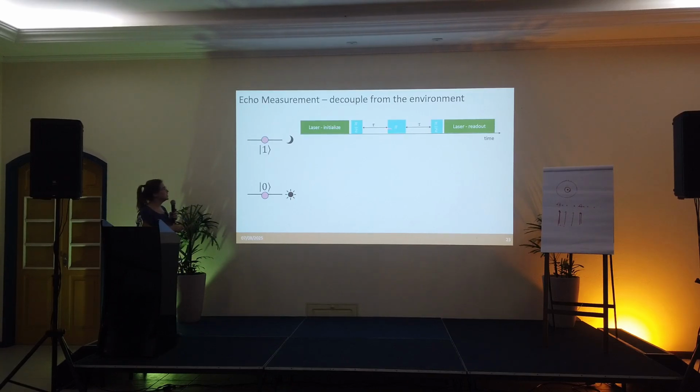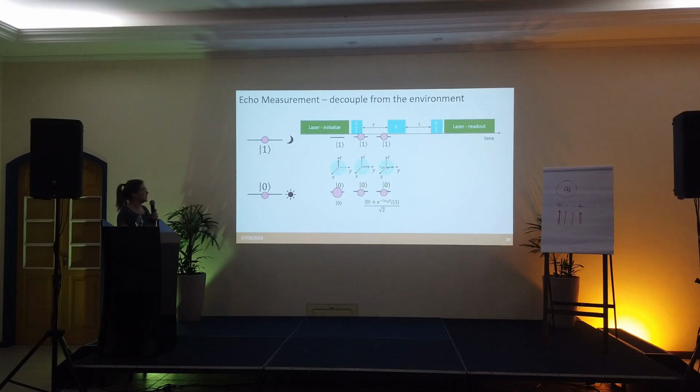But the idea here is that I do exactly the same experiment I've done before, but now I add a spin flip operation here halfway through my evolution time. So I create a coherent superposition, I let my system evolve for a certain amount of time, and then I flip my quantum state. So I swap zeros and ones in my quantum state, and then I let it evolve for the same amount of time. And when I do that, during this first evolution time here, I've acquired a phase